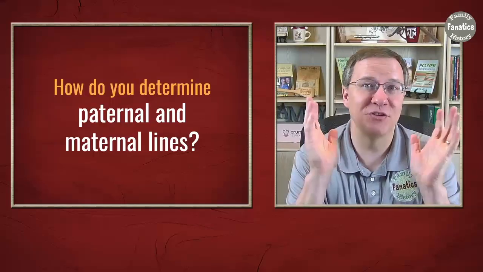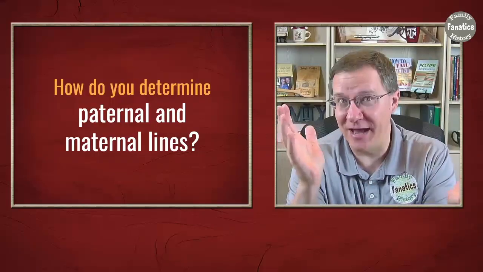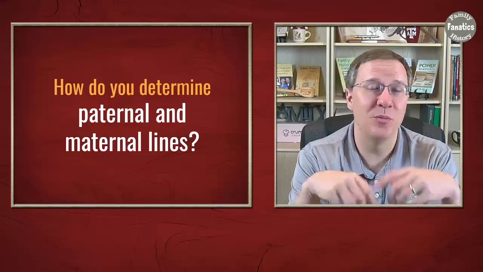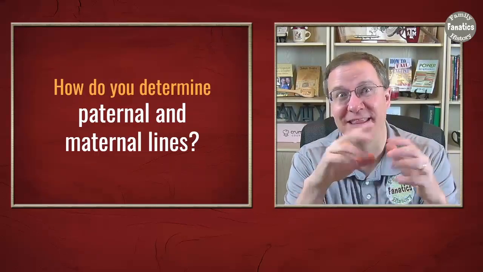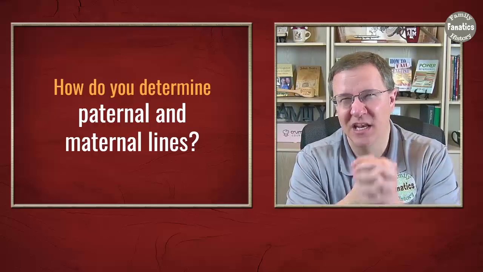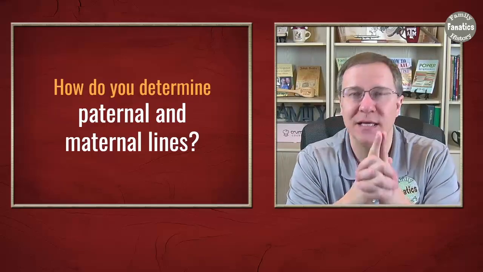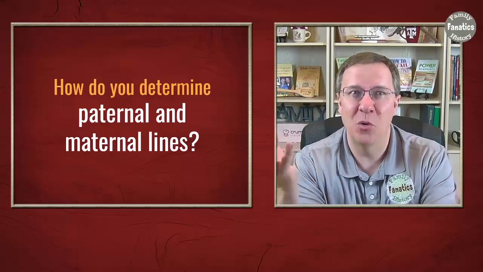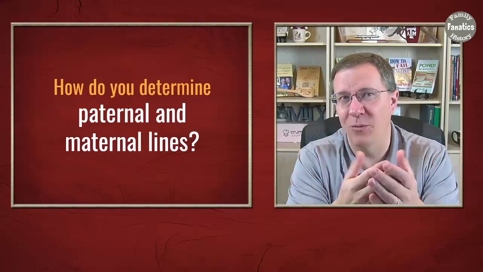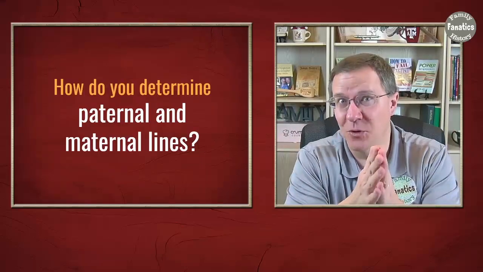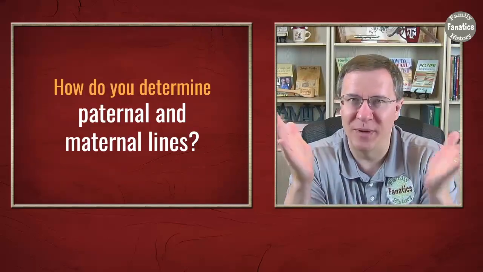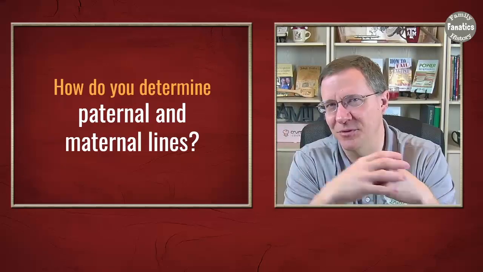I'd like to say that this is really easy, and it can be if you have all of the right information, but usually when people are asking this, it's because they don't have the right information, and that's why they want to determine this. Now, another thing to bear in mind is if your mother and father were related in any way, they might have been second cousins or something like that, it's going to be more difficult to separate out which of your matches are from your paternal side and which are from your maternal side.